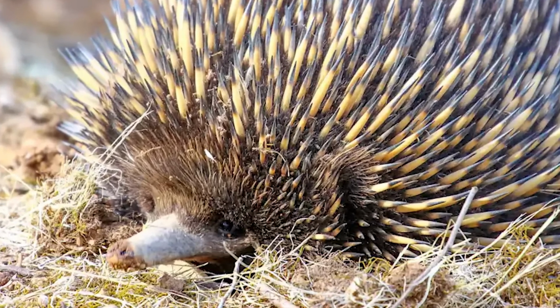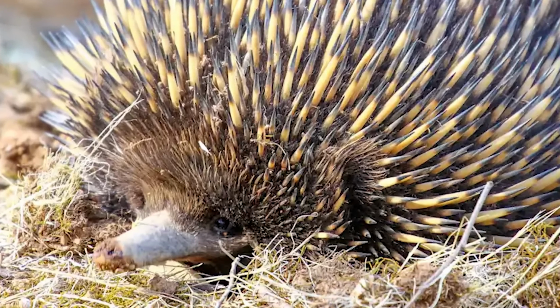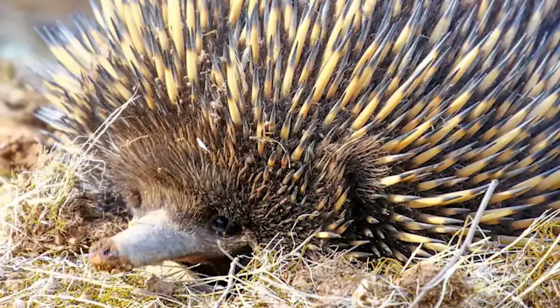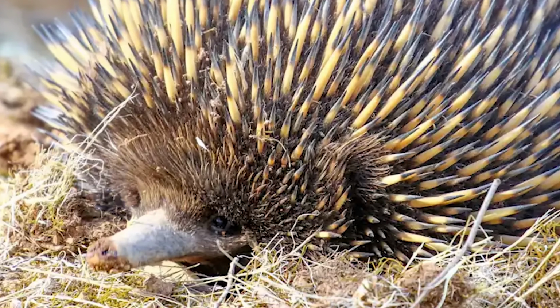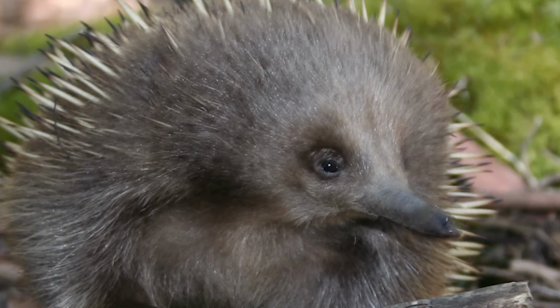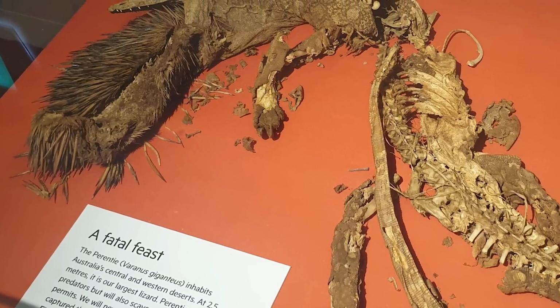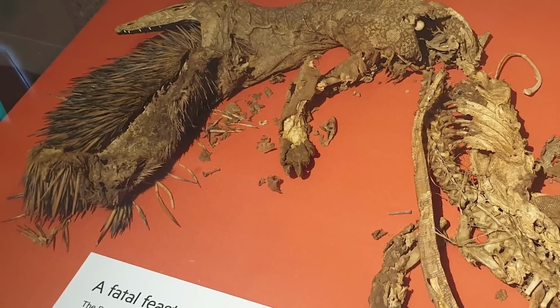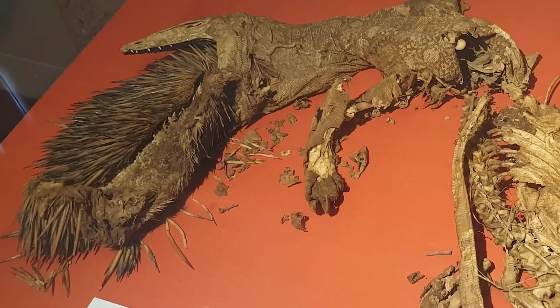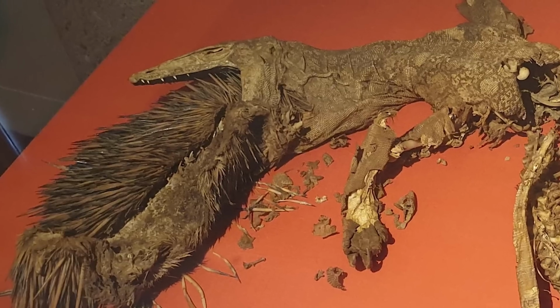though dingoes, snakes, goannas, alongside non-native foxes can all target juvenile animals, and can more rarely sometimes take the adults if they're determined enough. Trying to chow down on one, even after being killed or already dead, can be a challenge however, sometimes even a fatal one, as this parenti here found out, with the echidna's spines getting lodged in their throats, eventually making the lizard succumb to choking or starving to death on their intended spiky meal, the echidna